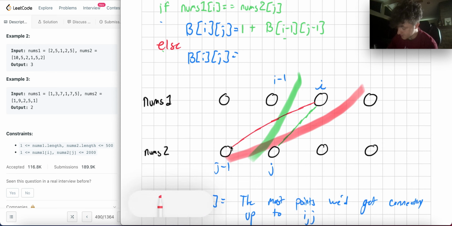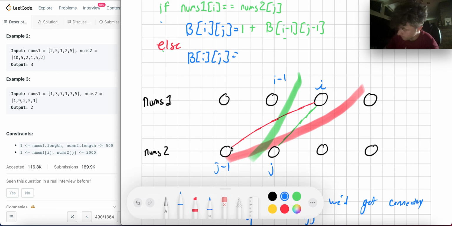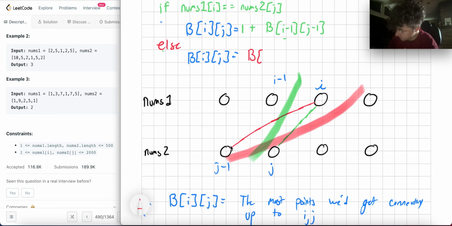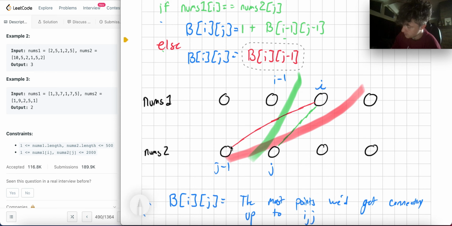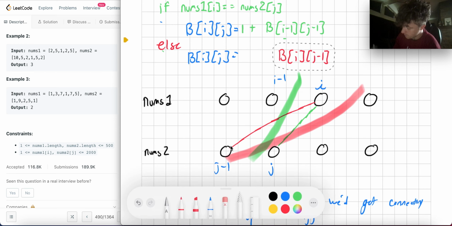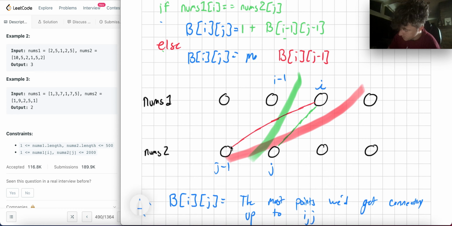So I could use that system, which is b of I j minus 1. Since they don't connect to each other, it's not going to add to my score. So I'll just say, okay, what's the best of the thing that comes before? But this is going to be the max of either that or